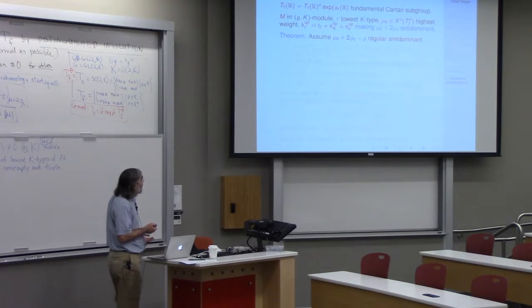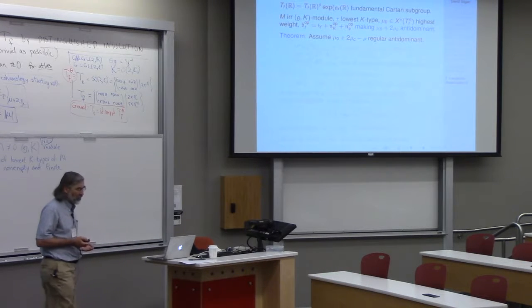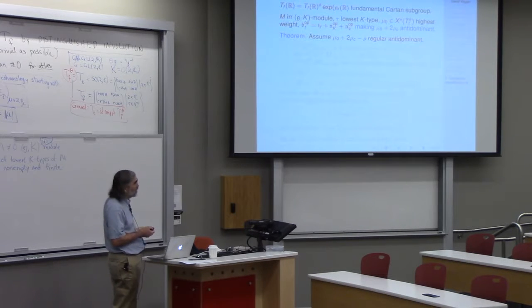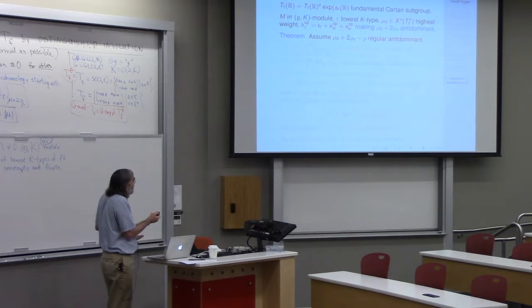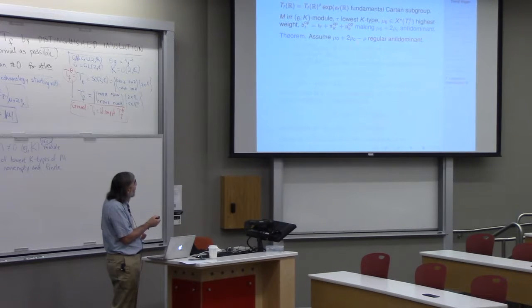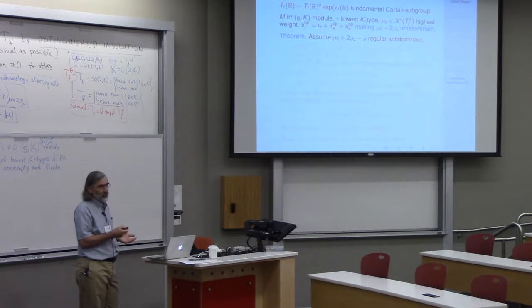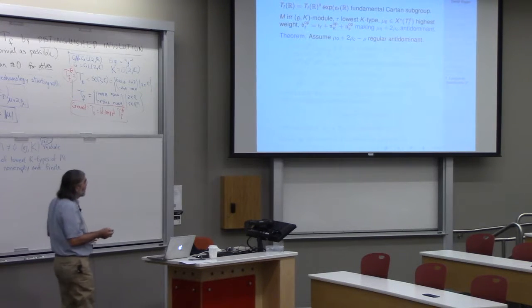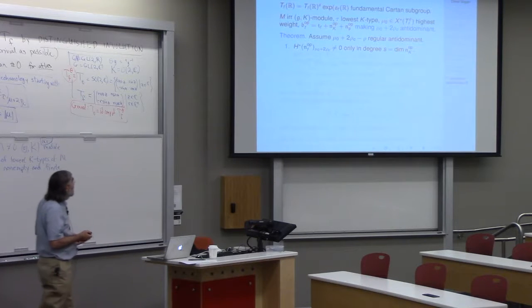Okay, so here's the theorem about constructing cohomology. In the case of SL2, the case when mu was at least 2 was easier. Same thing here. This condition, mu 0 plus 2 rho c minus rho is regular and anti-dominant, that's the same condition as the absolute value of mu being at least 2 in SL2. Okay, so anyway, let me assume that. Then the statement is